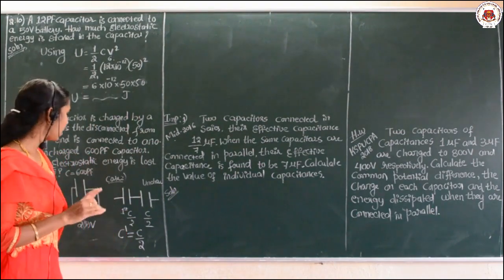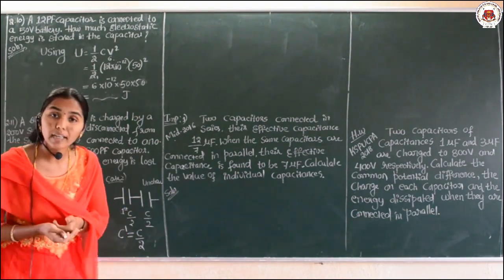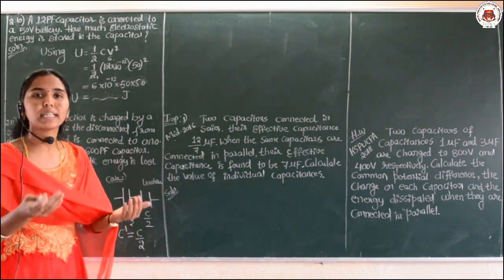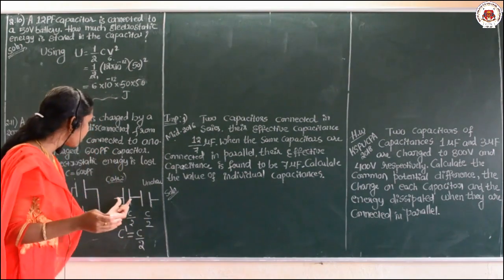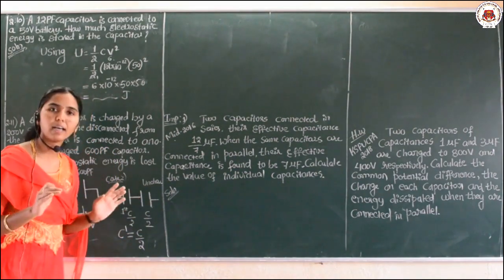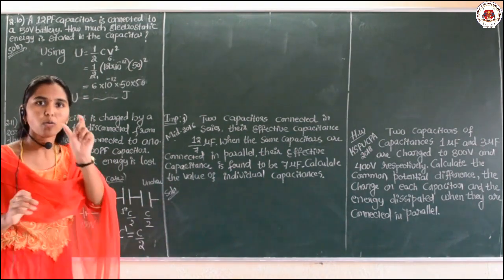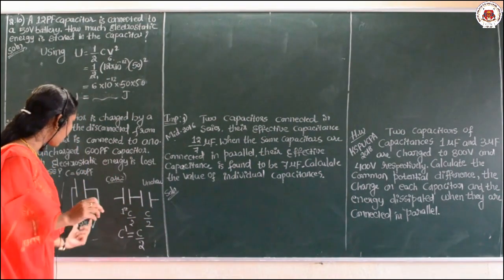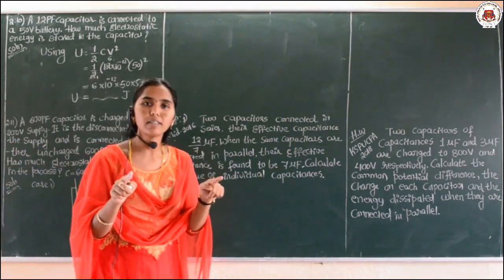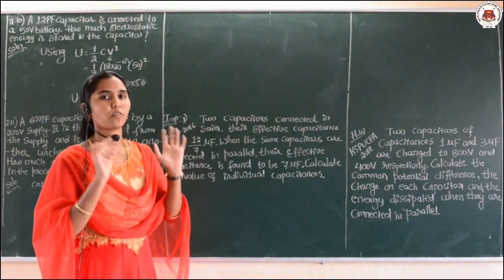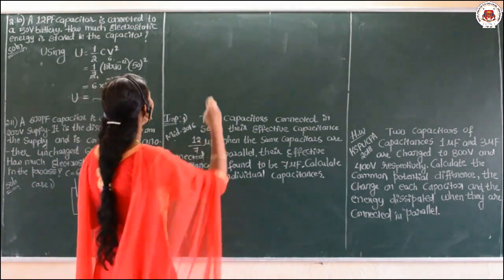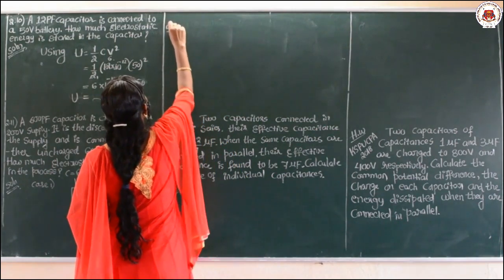Clear? Yes. Then what is the thing we need to calculate here? How much energy is lost during this process? We know that the first capacitor loses the energy that is gained by the uncharged capacitor. So what is the change? Initially how much was the energy? Now what is the energy? If you take the difference, then you get the amount of energy lost. Is that clear? Yes. Let us solve that. Solution.